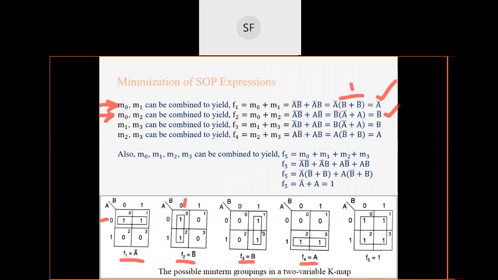देखो F3 में ये दोनों जब कंबाइन किए तब A की वैल्यू क्या थी, वैरी हो रही थी, right, और B की वैल्यू was 1 constant. So hence F3 equals B. Similarly F4 में you have combined these cells like this and A was constant for both cells, so hence the value of A was 1 and 1 था इसीलिए A as it is, अगर 0 रहता तो A bar. So these possible 4 groupings can be done for a pair.